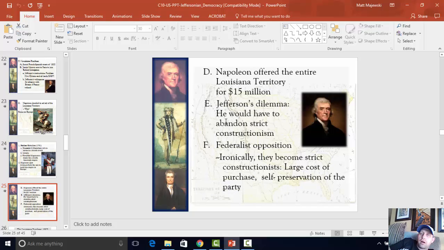So anyways, he offered, that's what it was, $15 million for the Louisiana territory. I believe, now that I think about it, Jefferson had said $10 million was the amount he was willing to spend. Napoleon says 15 for Louisiana, all of it. Those dudes over in France, Livingston and Monroe, are basically like, dang, we were only supposed to spend 10. But look at this deal. It's an offer we can't refuse. So they go ahead and accept.